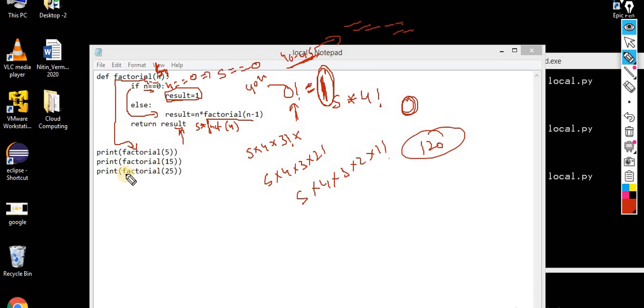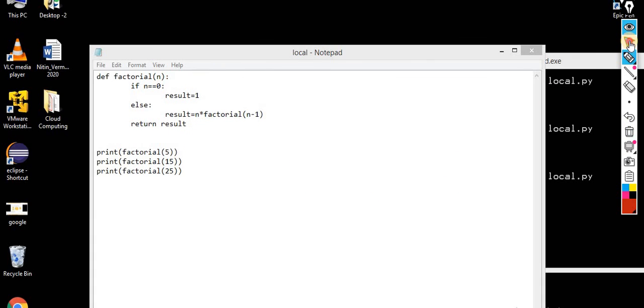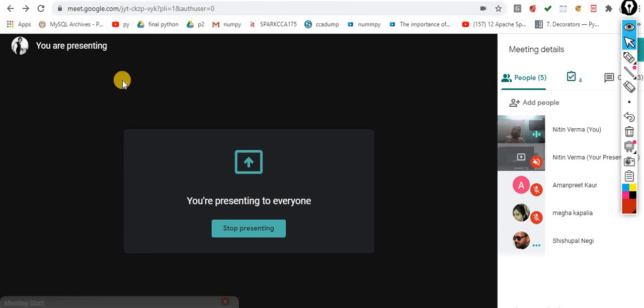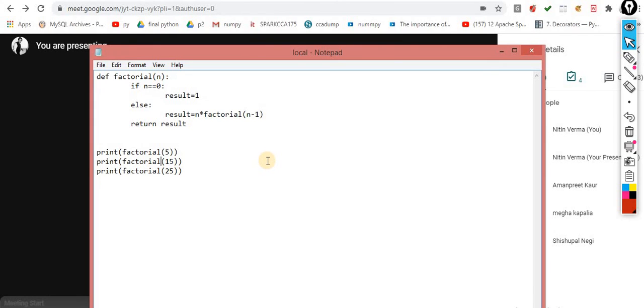So this one is the concept of the factorial, and your assignment is to implement the Tower of Hanoi problem with the help of this recursion. Then you will get more clarity about factorials and recursion. Now any question before closing this session, any doubt, please let me know. I understand it, because this is not understandable on the first attempt if you are coming from a purely non-technical background. But if you are coming from a C++ background, you have heard this concept many times: the recursion and the factorial.